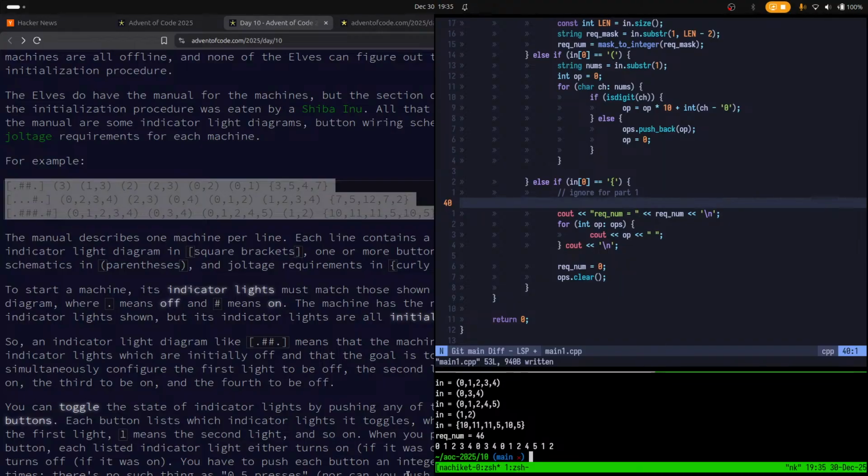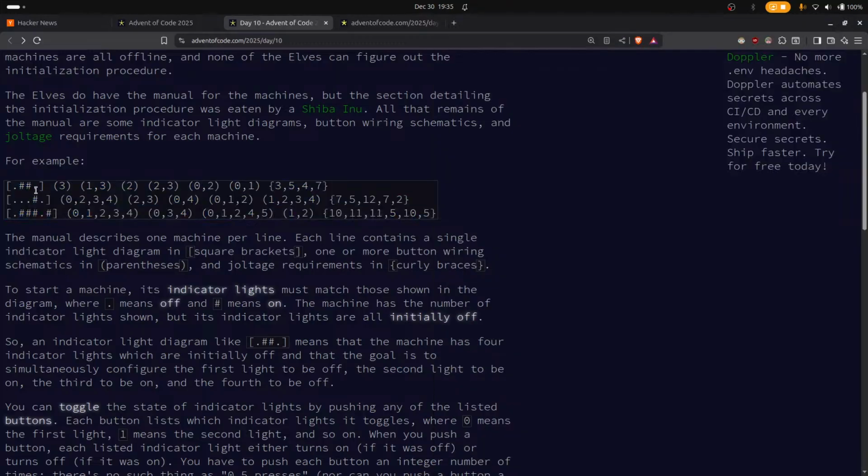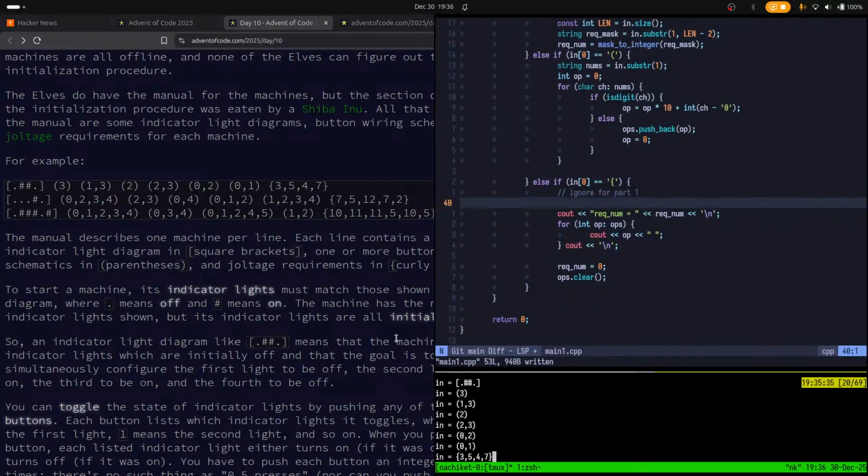Now let's just try one of the sample cases. So this is basically 0. One more thing that they have mentioned is we need to construct this from left to right side. So this is binary 2 raised to 0, 1 and 2. So 2 plus 4, which is 6, which should be the first input required number, correct? And let's also do